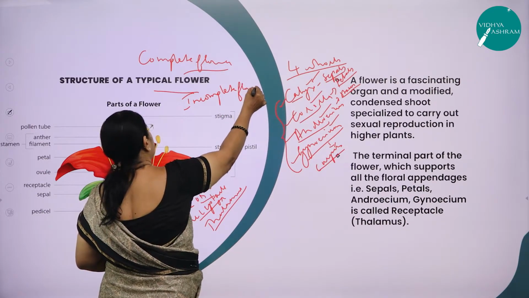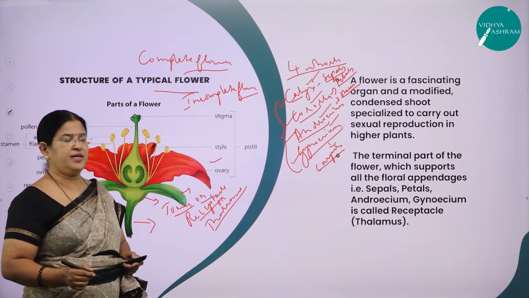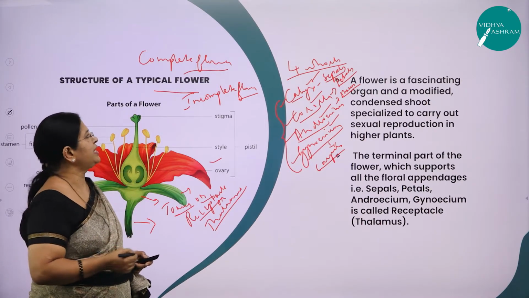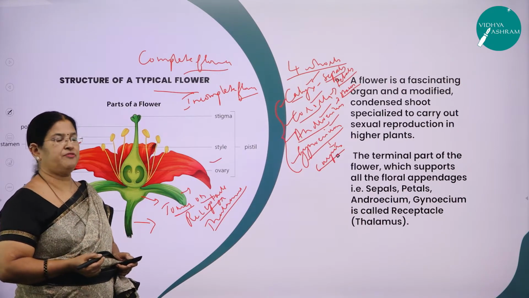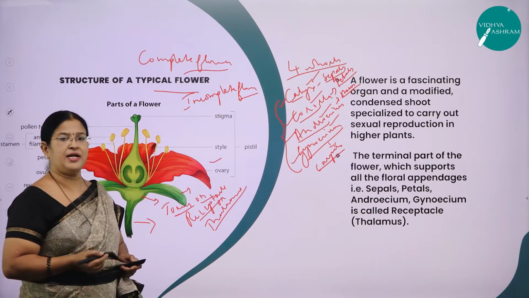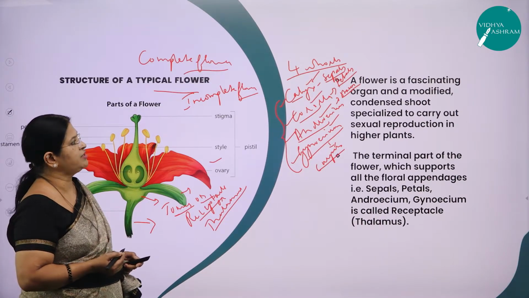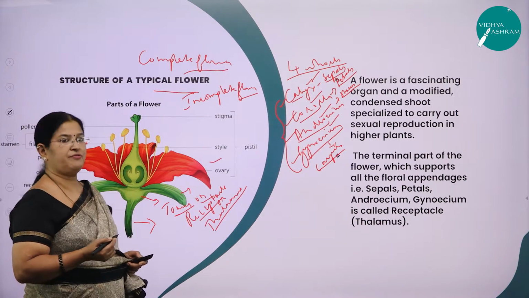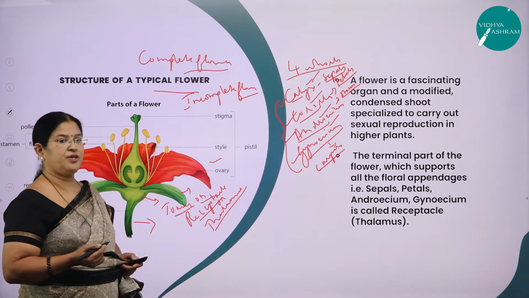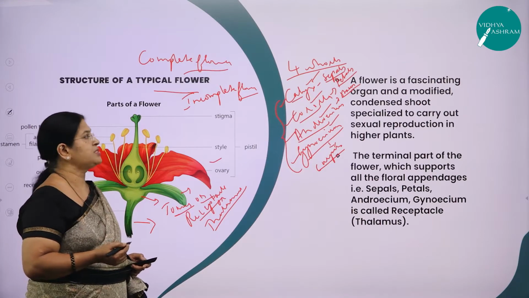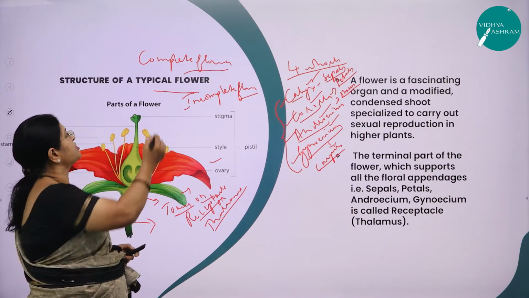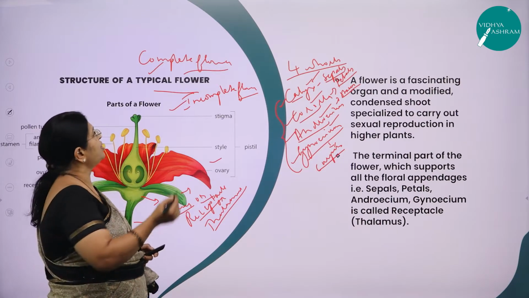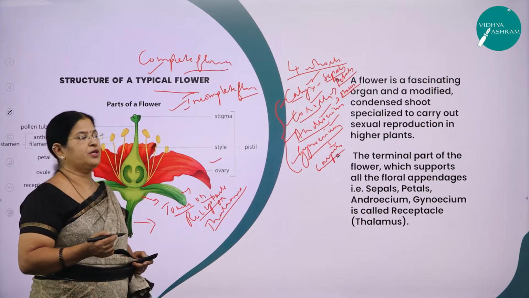All these concepts, hope you all have learnt in first PUC biology itself. You have learnt all these concepts, but just to recollect, as I said, the four whorls of a flower are calyx, corolla, androecium and gynoecium. What are the units of calyx called? Sepals. What are the units of corolla called? Petals. What are the units of androecium called? Stamens. And what are the units of gynoecium called? Carpels. When all the four whorls are present, it is called a complete flower. If any one is missing, it is called an incomplete flower. So what is the typical example you are going to give for a complete flower?